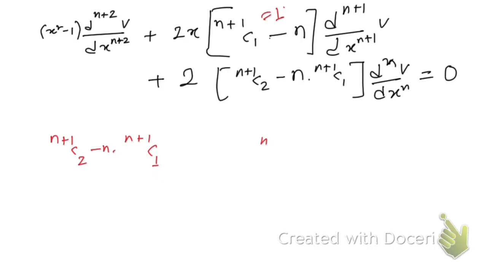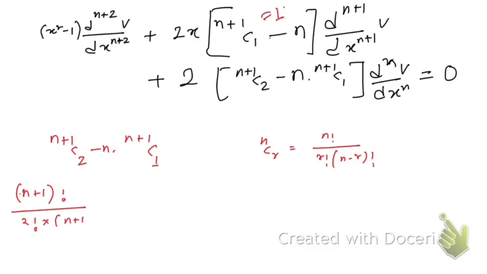Again, if you apply this formula nCr, that is factorial n by factorial r into factorial n minus r, if we apply that here, then we're going to have n plus 1 factorial by 2 factorial into n plus 1 minus 2 factorial. Then minus n into, if you apply this formula here also, n plus 1 factorial divided by factorial 1 into n plus 1 minus 1